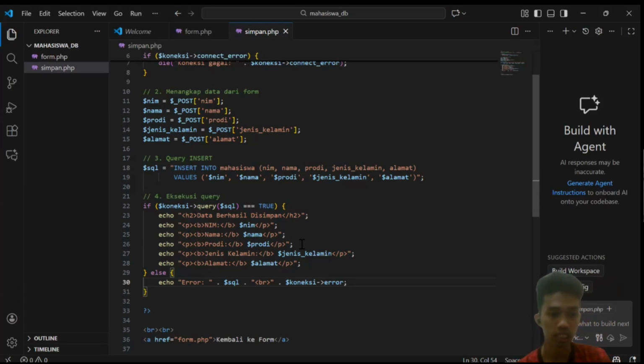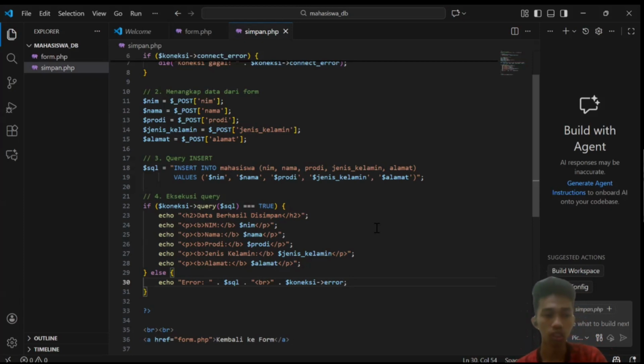This link takes the user back to the form HTML page so they can re-enter data if needed. Thus, entering data in the form, sending data to the post PHP, and connecting to the database, these parts work together and form a complete data input application for student records.